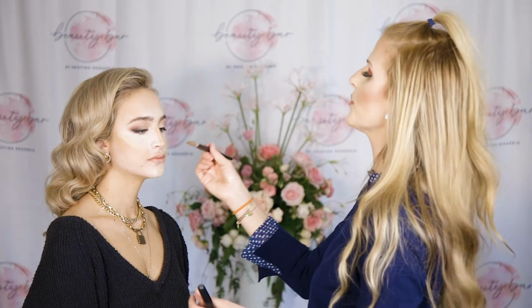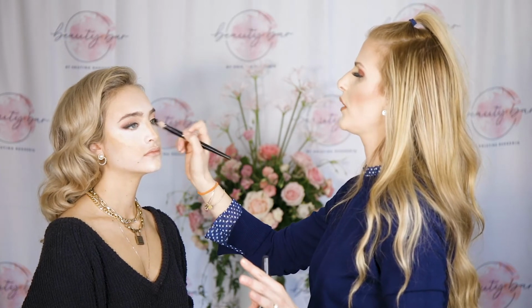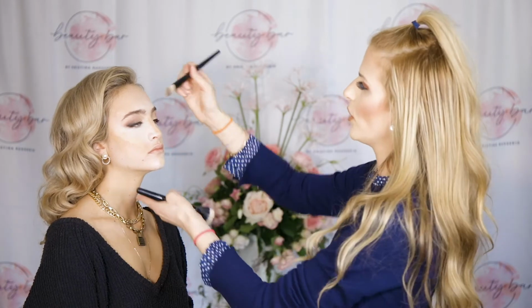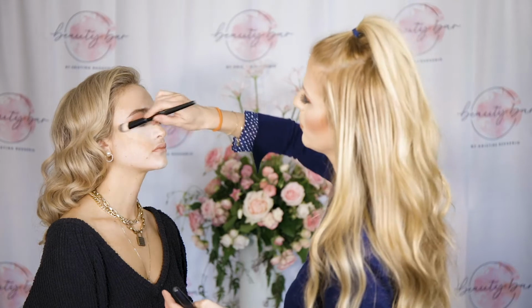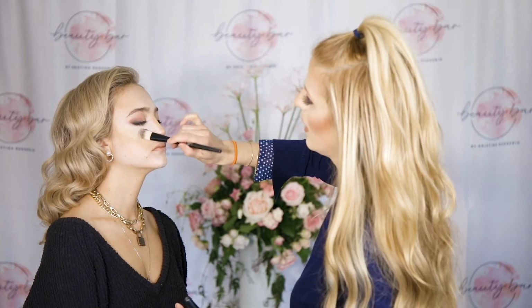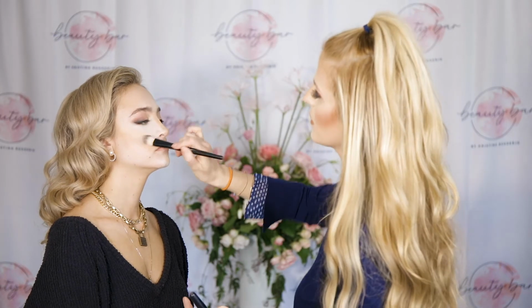I love hers from Kristina Ruggerio. You can sheer it out, but it can be really full coverage at the same time, and it kind of melts into your skin. I feel like I always have Tarte in my bag at home. I always have the Too Faced Born This Way concealer at home, and I always have loved the NARS creamy concealers. We are going in with the Anastasia 332